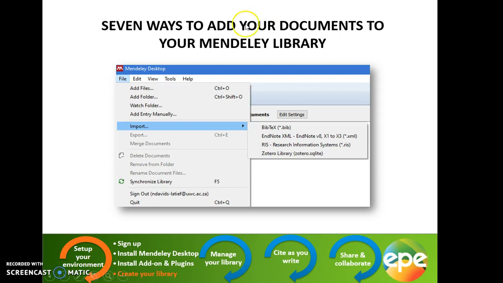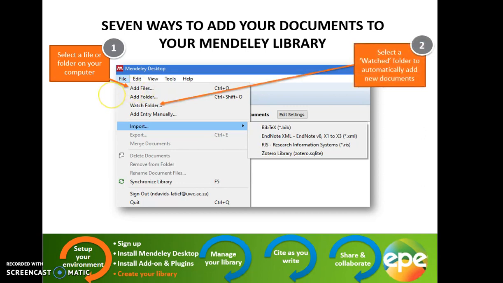So there are 7 ways to add documents to our Mendeley library. I am going to explain each of them. The first one is to just add a file or a folder by locating it in its drive on your computer. The next way is to indicate to Mendeley which folder it needs to watch. So you can create a watch folder by selecting a particular folder that holds all of your literature in it. And the moment you add a new document, Mendeley immediately picks up on that